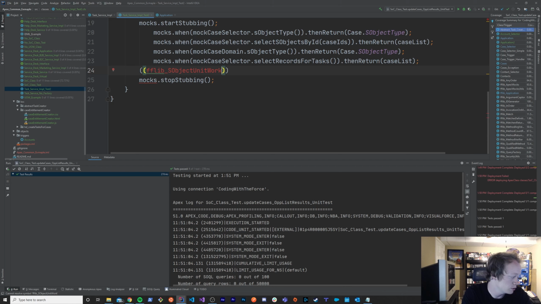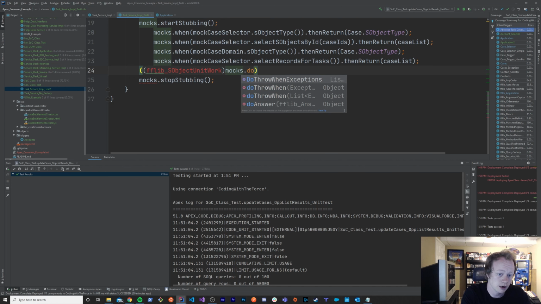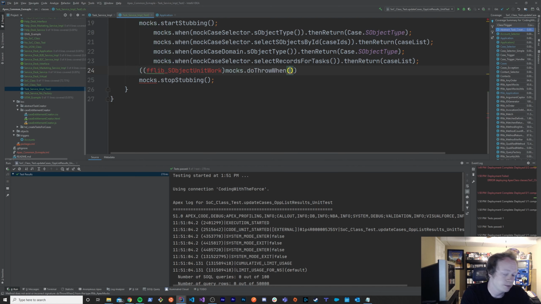Actually, it's more because there's not a ton of excellent documentation on this library. So if I am wanting to throw a fake error on a method that returns void, I'll do mocks doThrowWhen, and then I'll pass it the exception that I want to throw,